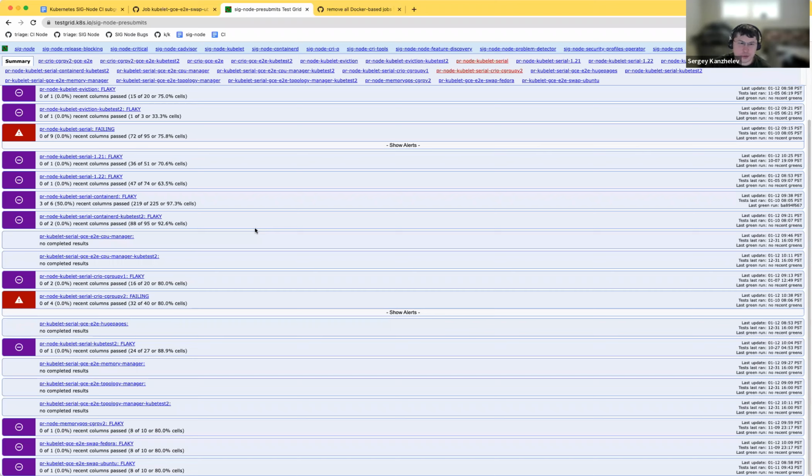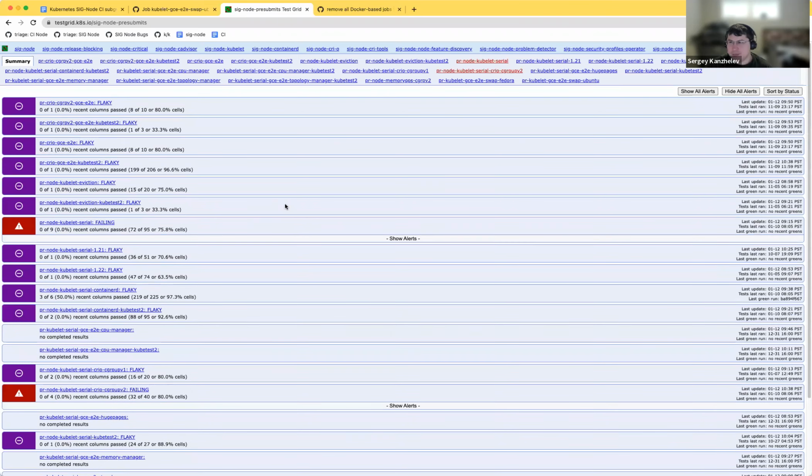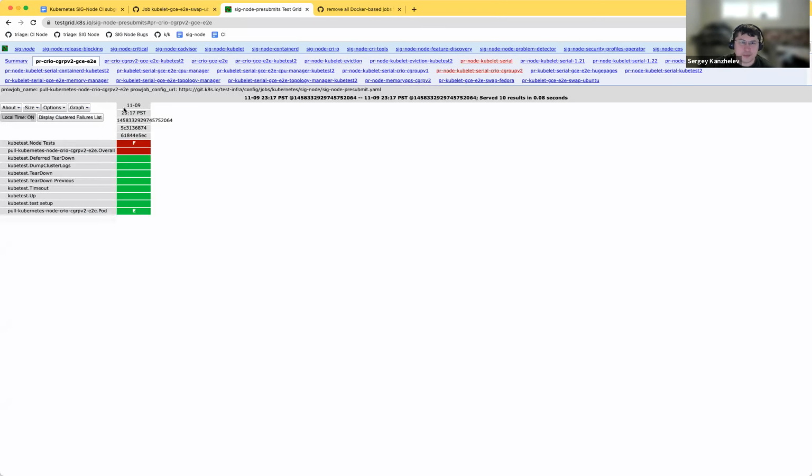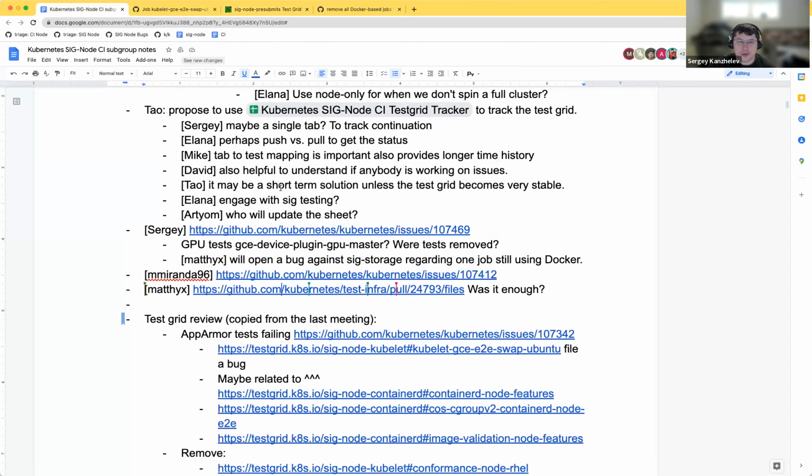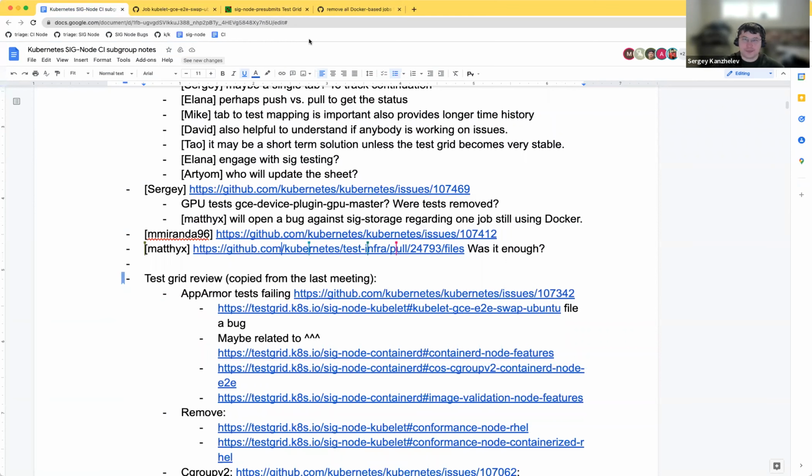I tried to connect to Docker shim or something. So maybe just run all of them. Yeah, because these test executions may be from the past, like last year.